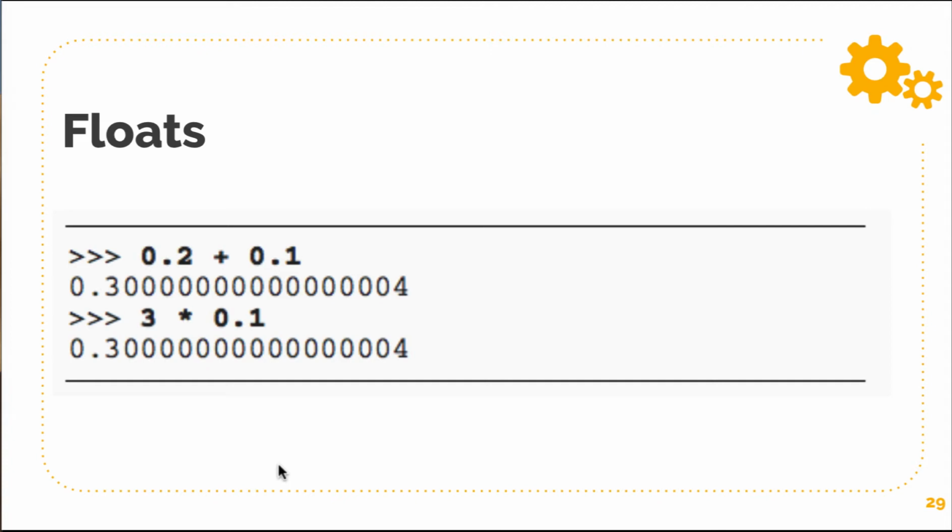Sometimes you can get an arbitrary number of decimal places in your answer. For example, 0.2 plus 0.1 should be 0.3. Python, in this case, decided that it was 0.3 bunch of zeros 4. And it has to do, again, with that binary that's going on behind the scenes. And Python tries to find a way to represent the result as precisely as possible, which can be difficult because of that binary data